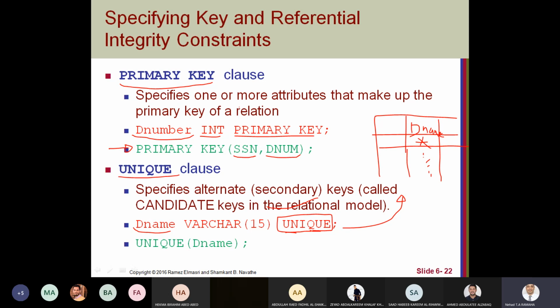Okay, it doesn't have any issue with the key constraint or entity integrity constraint, but here this value will not be repeated inside, and it cannot be null, of course, because a null value would also repeat. You can use two ways, like the primary key: in the same line with the attribute, or in a separate line, you can make it unique and define the attribute, or attributes, that should be unique.